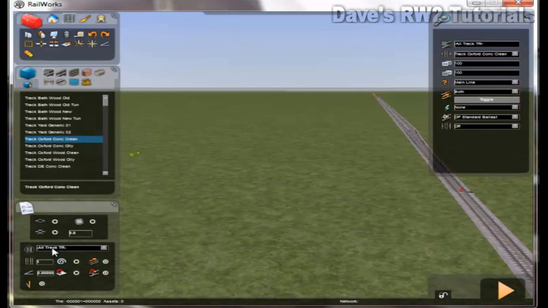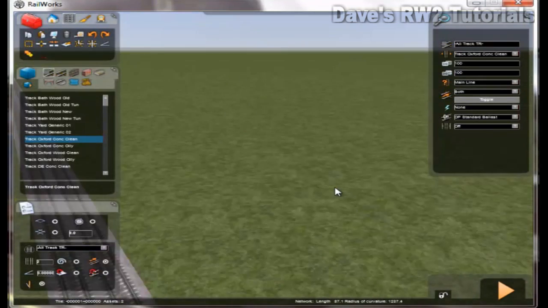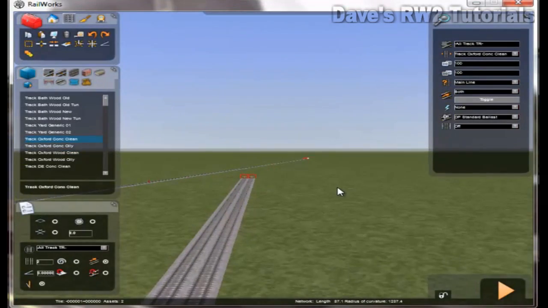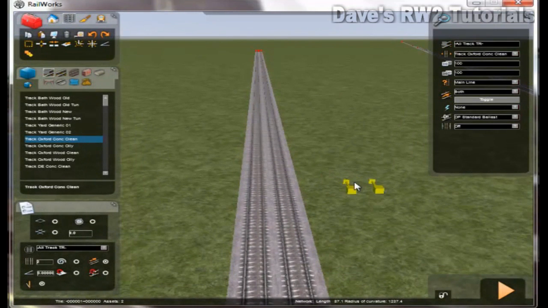We'll make two junctions, we'll make two tracks even. I'll push it that way and turn off that, and then like that. And then what we'll do is I'll show you how you use the crossover tool. So right, using the crossover tool, you select crossover, select your track, Oxford Concrete Clean, select your speed, select the line type, your electrification if any,